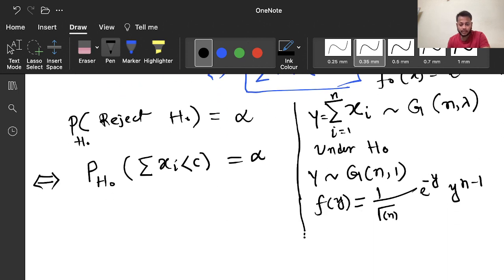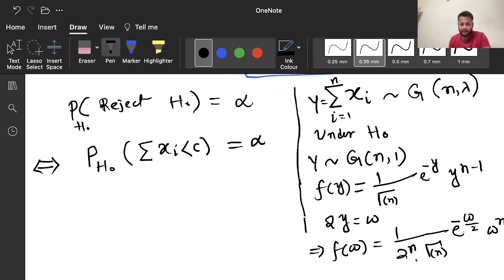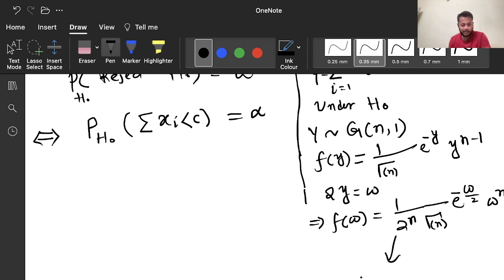Now if you change the variable, 2y is w, you'll get f of w is 1 by 2 to the power n gamma n, e to the power minus w by 2, and this is w to the power n minus 1, and this is nothing but chi-square 2n distribution,